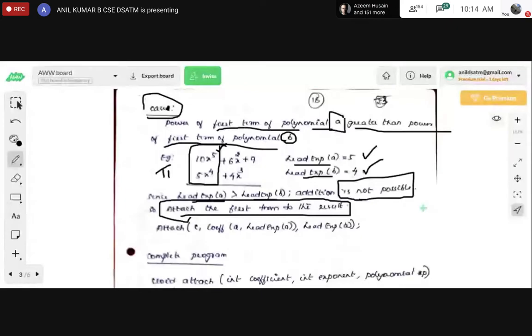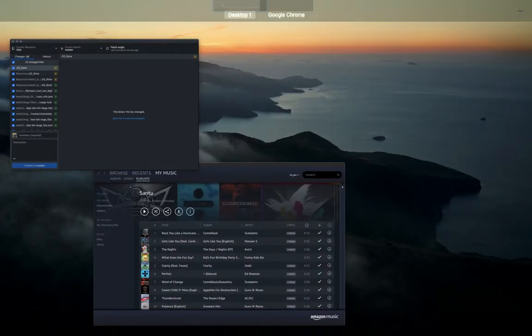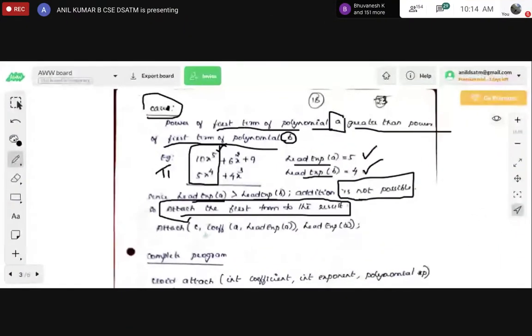Listen carefully. In the previous case, when both are equal, we performed an addition and stored that sum in C. But in this case, case number 2, when the exponent of A is greater than the exponent of B, attach the first term to the result.